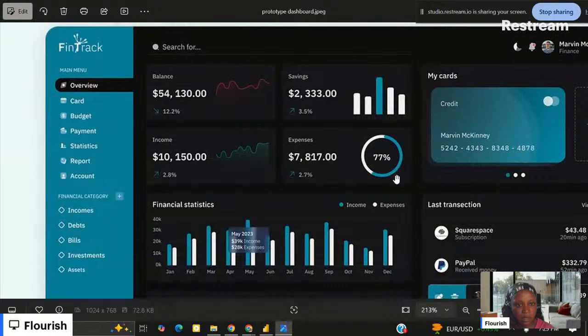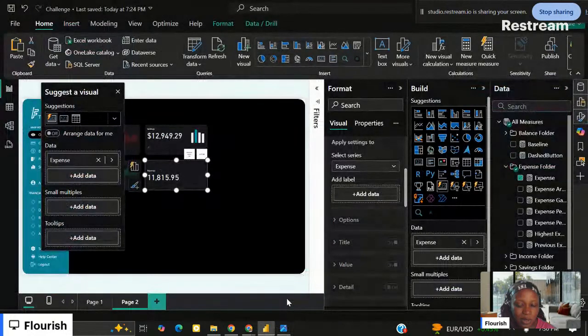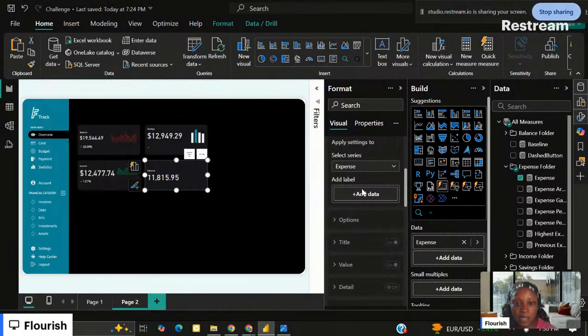So for this one, the thing with this donut chart was that while trying to increase the size on my visual, it was reducing the size of my values. So what I did was to have it on a separate card and then bring it to this card and group it together. But before I do that,